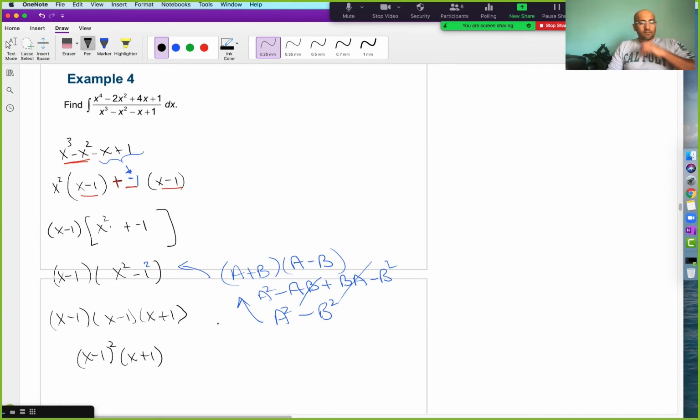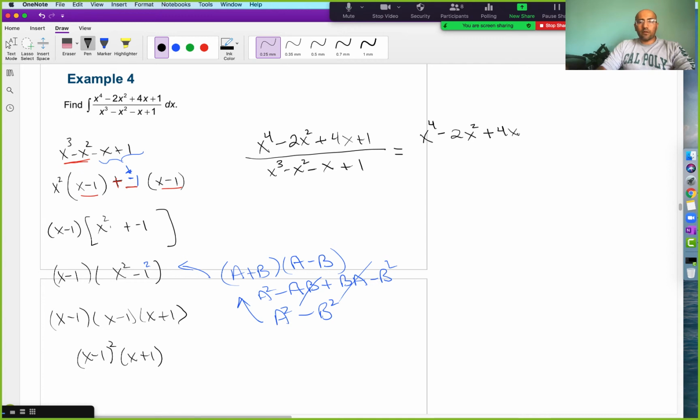Good. Okay, so now that I managed to factor the denominator, I'm a little closer to finding my answer, but still a long way to go. 2x squared plus 4x plus 1 all over x cubed minus x squared minus x plus 1. The numerator, we haven't done anything with, so let's leave that alone. Minus 2x squared